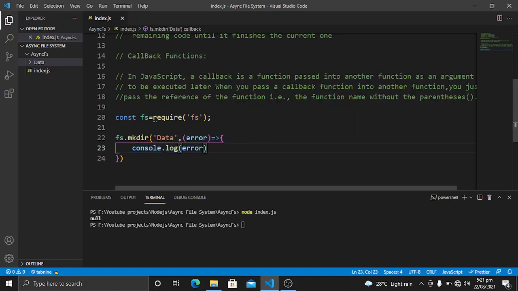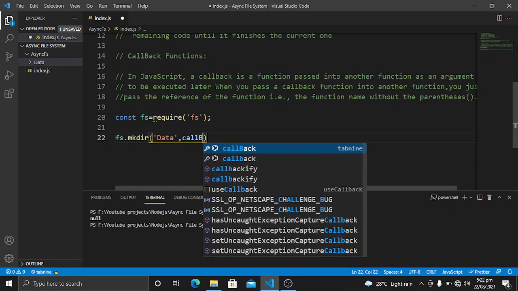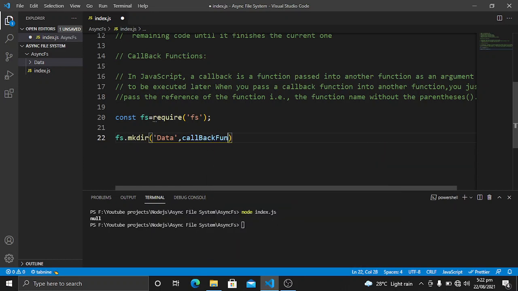It is to be executed later. When you pass the callback function into another function, you just pass the reference of the function name without the parentheses. So it means that you can also pass a reference here. For example, if I create a variable, let's say callbackFunction, and here I create a function with this name.